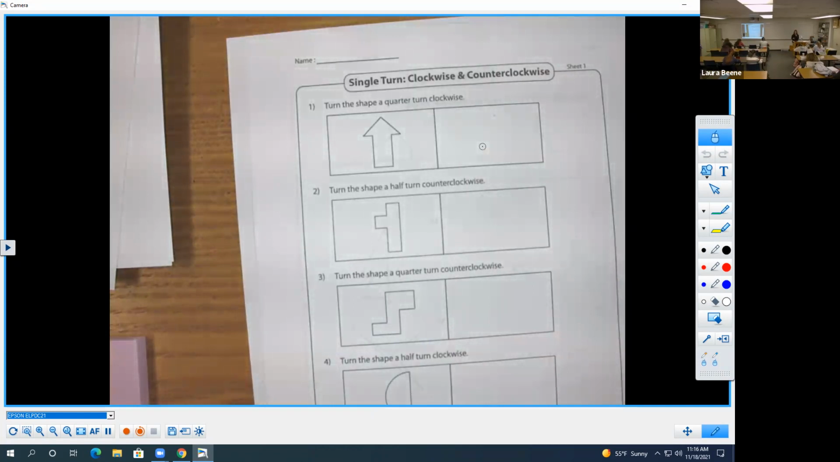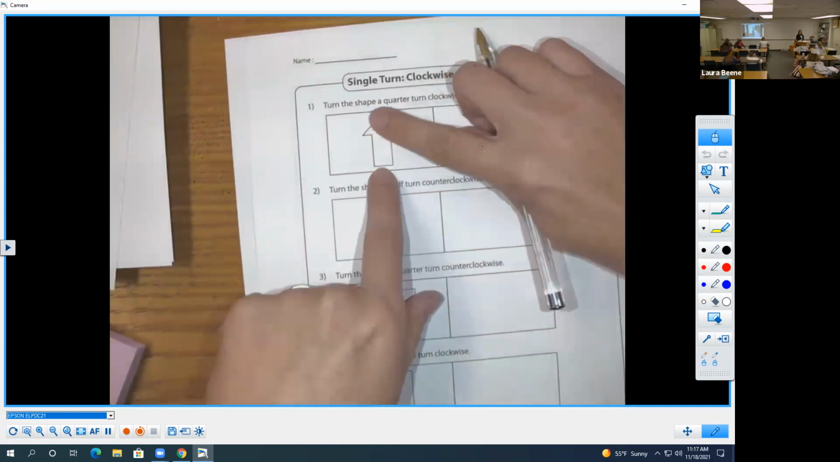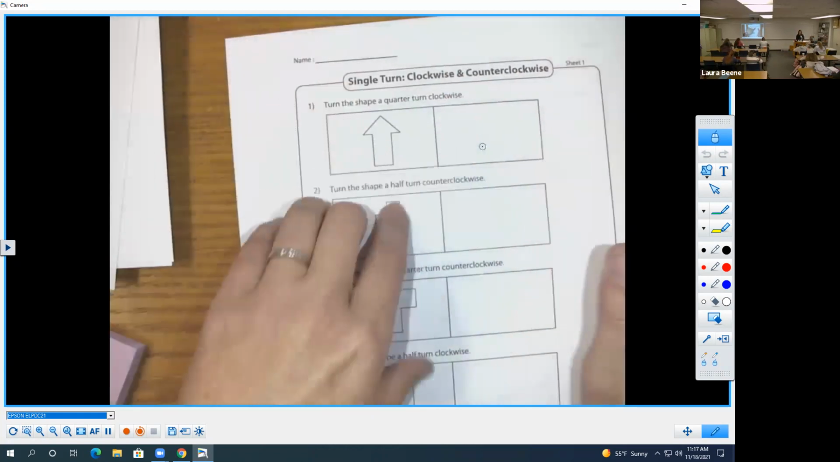I'm not gonna let you use your phone on the test, but I'll let you use a Post-it note, and you can cut out the shape with the Post-it note on the test if you want to. Okay. So if I'm gonna do a quarter of a turn clockwise, this arrow turns sideways to the right, and